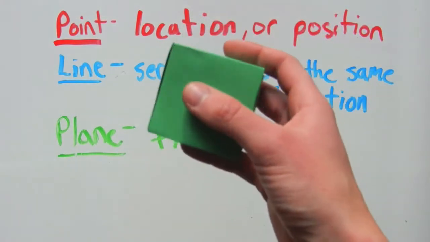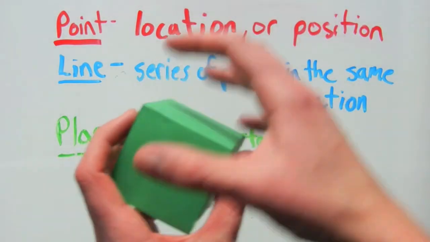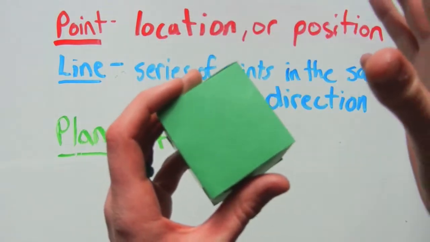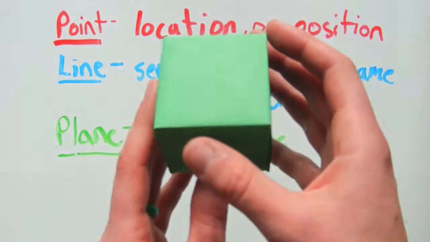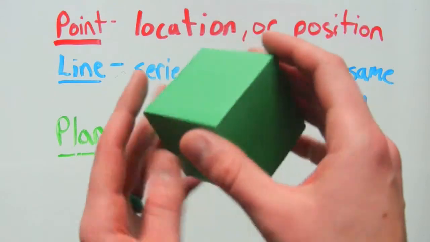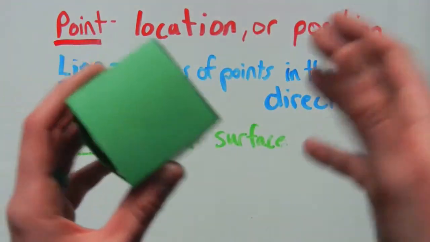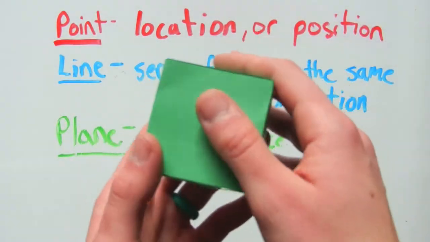Space is boundless, so space would be like extending this cube out for infinity. This cube, however, is a solid and does not extend out infinitely into space, but it sits or rests in